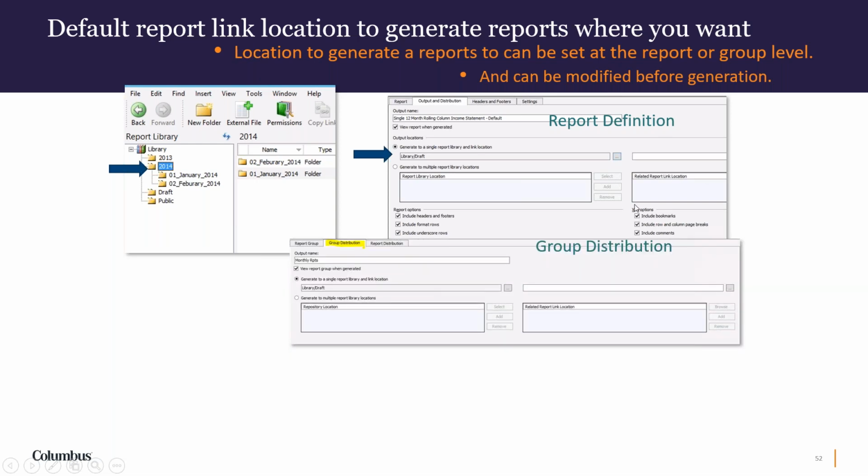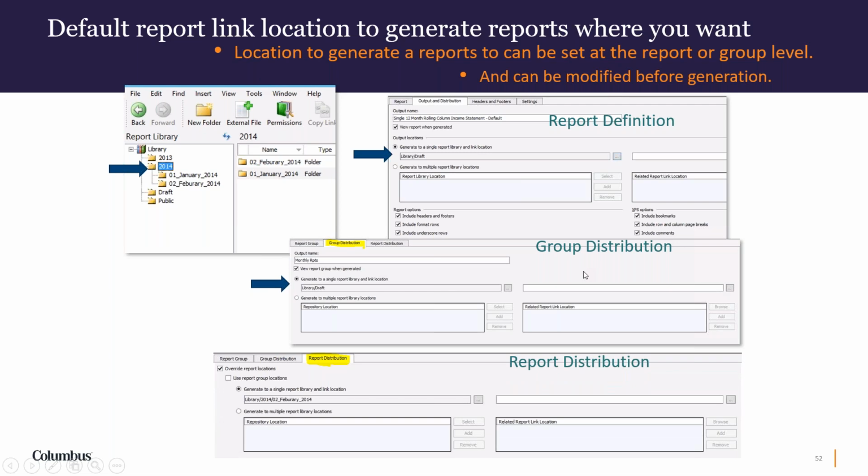Now in the report group, you've got the group distribution tab that again, you can choose the location of the library, or if you want to change on a report by report basis in the report group, you can choose the report distribution tab, and then you have options for choosing if you want to override the report location and use the group,